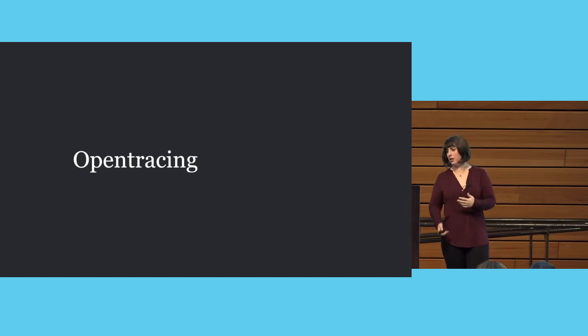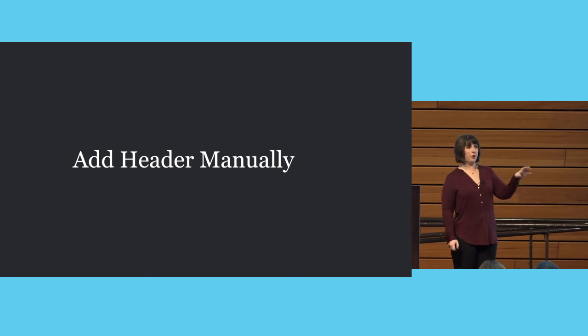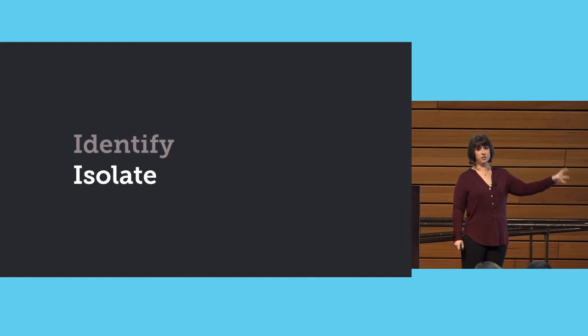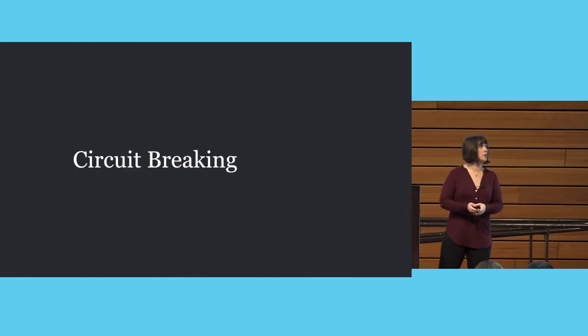That's a lot harder. So you can add it manually. It's going to be a lot more drift in the system in terms of how that's implemented. I mean, the IDs themselves might even look different for all you know. So you can add it manually, but adding an overlay system like request tracing to figure out what parts of your system depend on the other is really important. So now that you have identified everything in your system, you get to go and actually isolate it. And how do you do this?